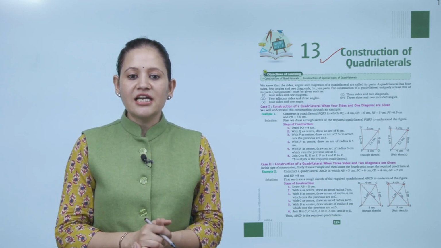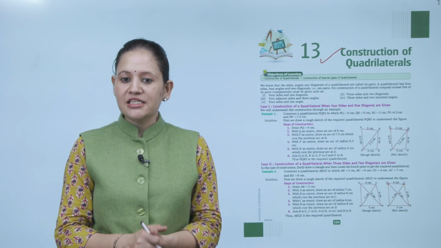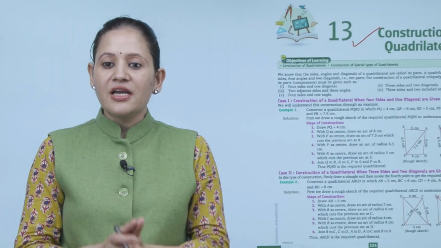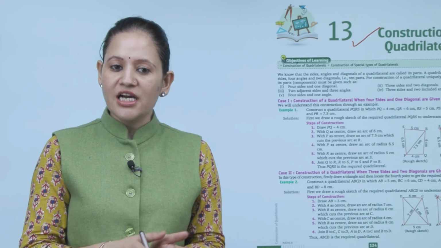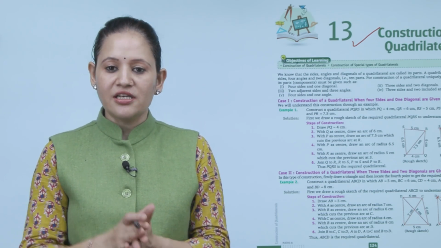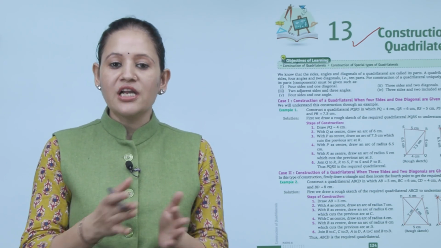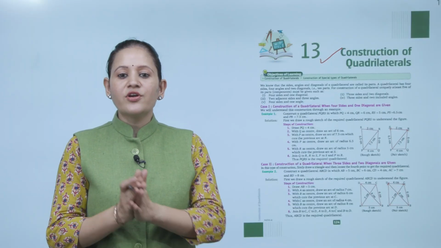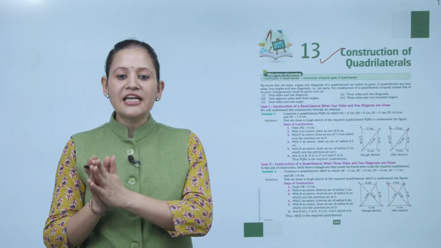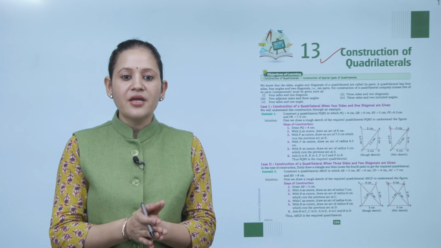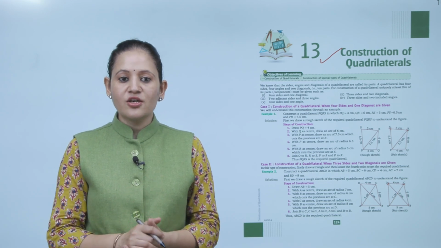We know that the sides, angles and diagonals of the quadrilateral are called the parts. A quadrilateral has 4 sides, 4 angles and 2 diagonals, that is 10 parts. For the construction of a quadrilateral uniquely, at least 5 of its parts must be given, such as 4